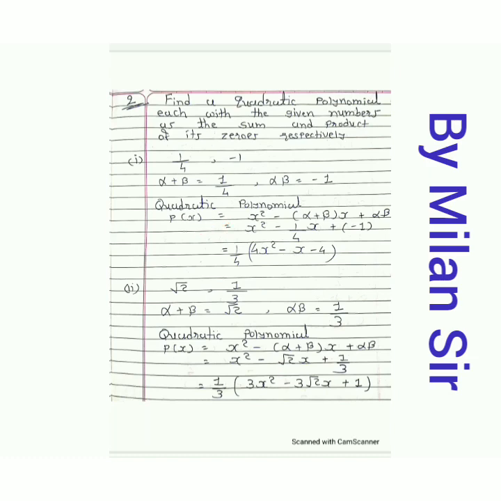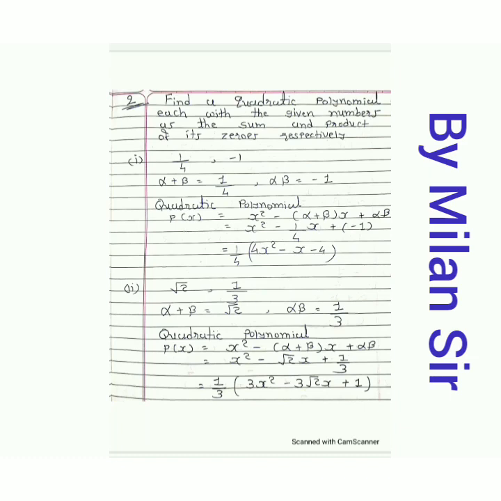So LCM. This 4 multiplied with the x square, that means 4x square. Then here minus 1x. I am not writing 1 here, only minus x. Then again 4 multiplied with minus 1 is minus 4. And I am writing the denominator separately, that means outside of this bracket as 1 by 4. We can also write like this. So this is our answer: 1 by 4 in bracket 4x square minus x minus 4.